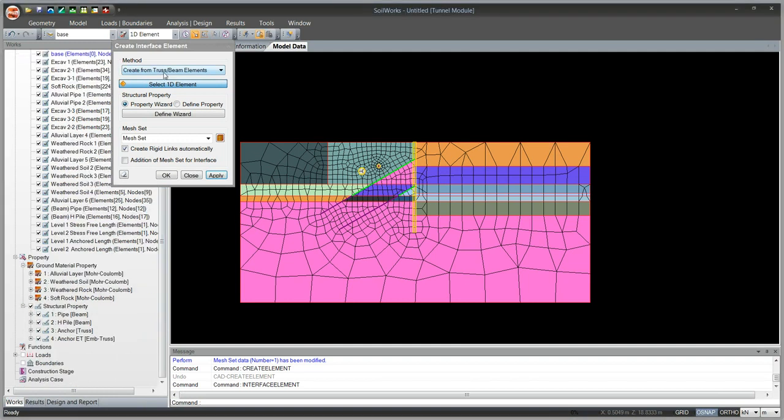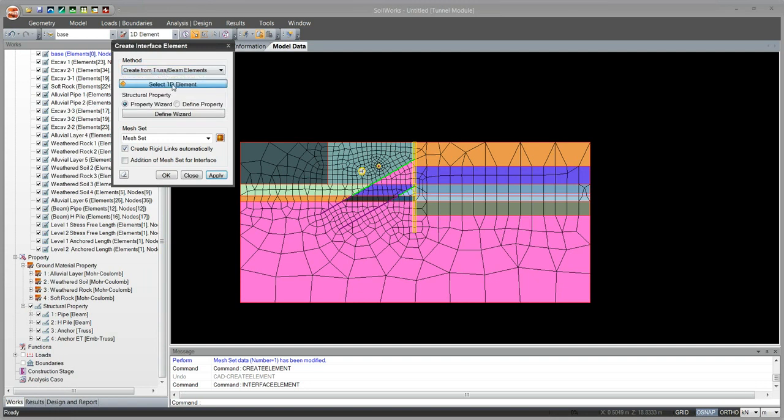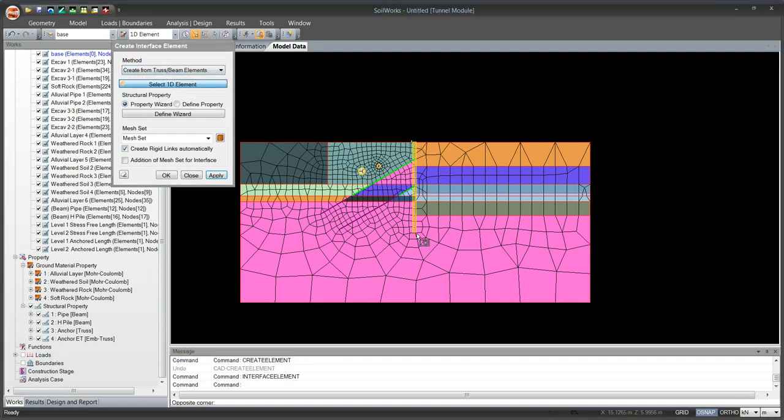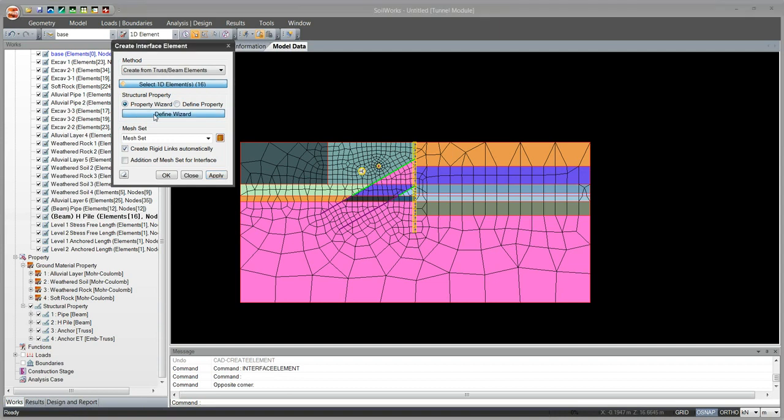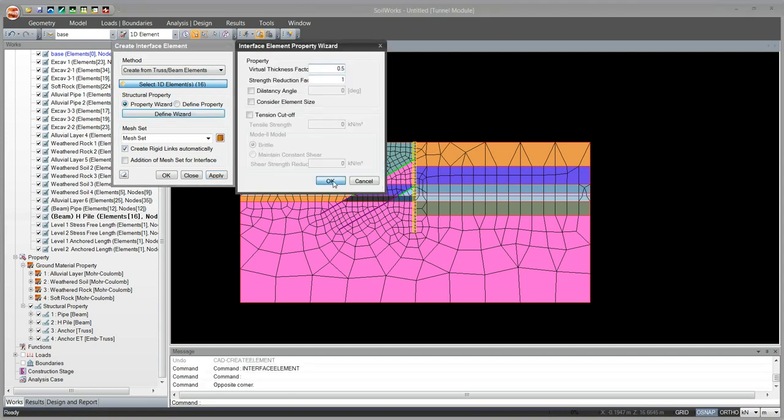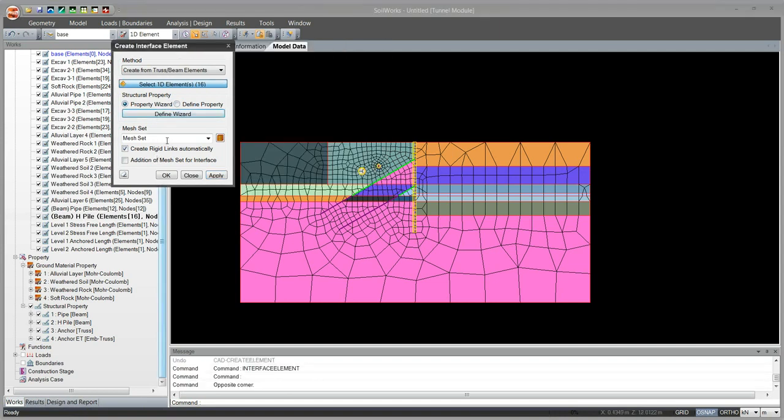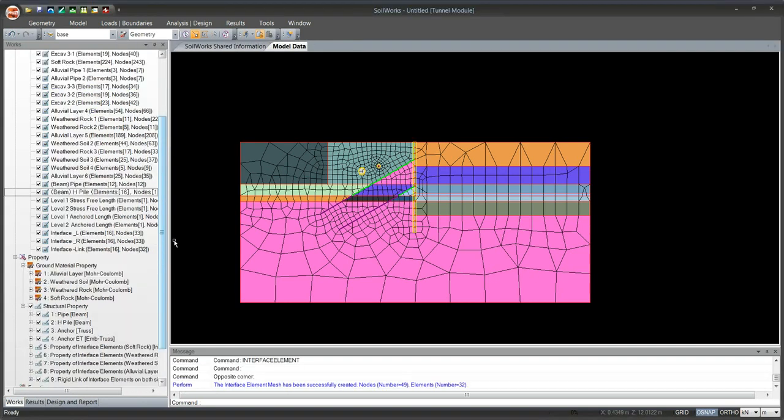So here I'm selecting the method as create from truss beam elements, and I'll select the 1D elements which represent the H pile, and I will ask the program to create the interface property automatically. And once I click on OK, and I will give it a name, the mesh set will be interface. And once I click on OK, you will see that the new mesh sets for interface elements have been created,